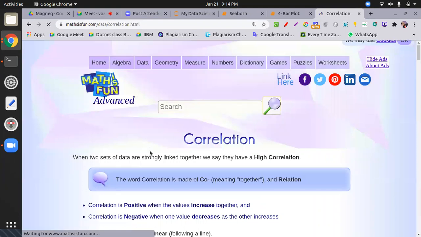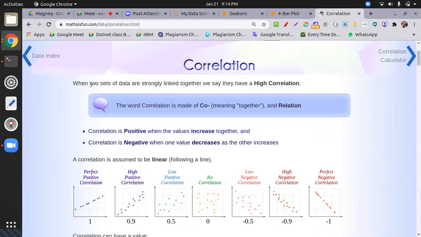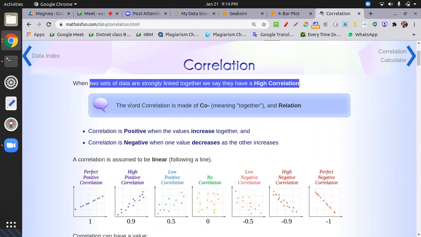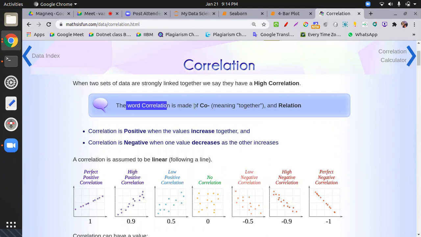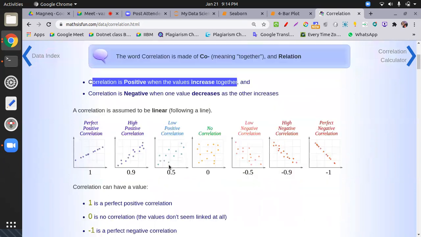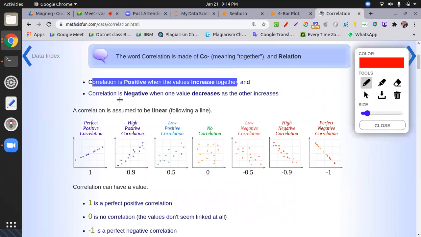Okay, what is correlation? When two sets of data are strongly linked together, we say they are highly correlated. The word correlation is made of co, meaning together, and relation. Correlation is positive when values increase together, meaning x increasing makes y increase; that is a high correlation. Correlation is negative when one value decreases while the other increases.